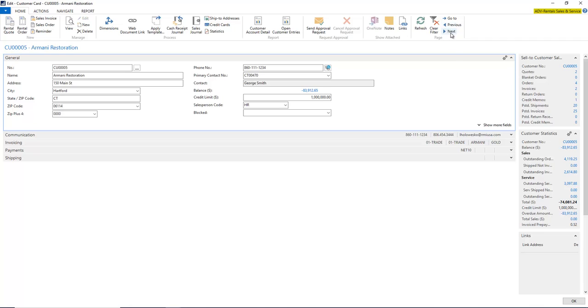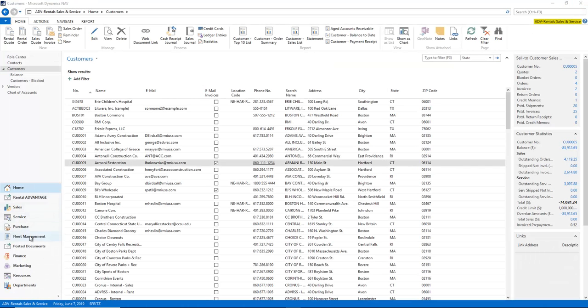And then Previous and Next. These are for advancing or backtracking by one record at a time in numerical order. So if you filtered your list view before opening a specific card in that list, the system will remember the filter you had on it and show you the next or previous record in the filtered list. So if you want to be able to move between records without that filter, that's when you'd use the Clear Filter option here. So to show you a brief example of what I'm talking about, let's look up a fixed